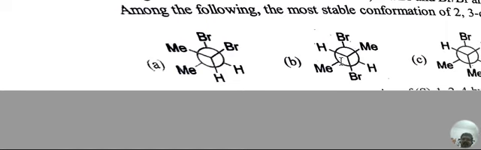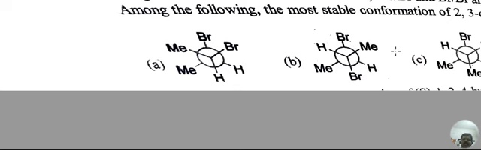Now coming to option B, we can have methyl-methyl staggered, so no Gauche interaction, and bromine-bromine staggered, so no Gauche interactions here. And look at option C. Coming to option C, you have bromine-bromine and methyl-methyl interaction here, so it will have higher energy. And coming to option D, you have methyl-methyl anti, but bromine-bromine is closest. So which one will be the most stable conformation? It will be option B, in which both the bromine atoms and the methyl groups will be anti with respect